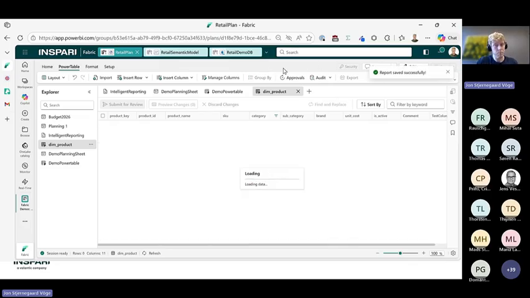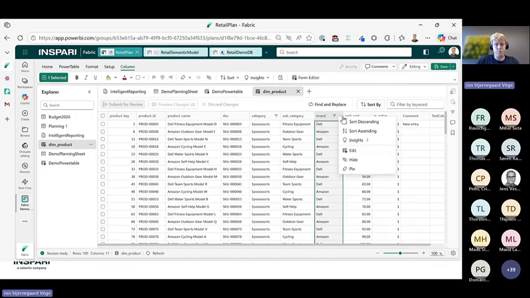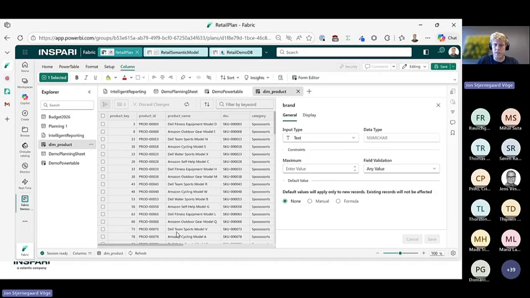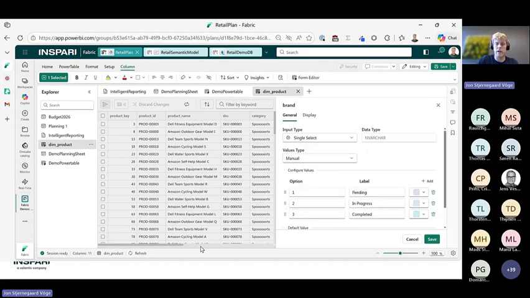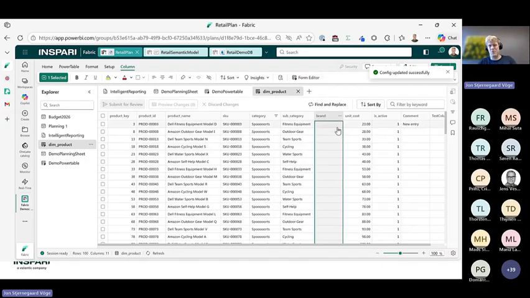This is really nice. There are, of course, a lot of features in here that we haven't really dived into. Instead of having regular string data types for these dimension columns, I could change this to be a single select where I manually assign possible values. The downside of doing that with an existing dimension is that it will drop the contents of that column, which is annoying. There's not an option to create values of the single select based on the values you already have and kind of make that mapping. So I don't know.